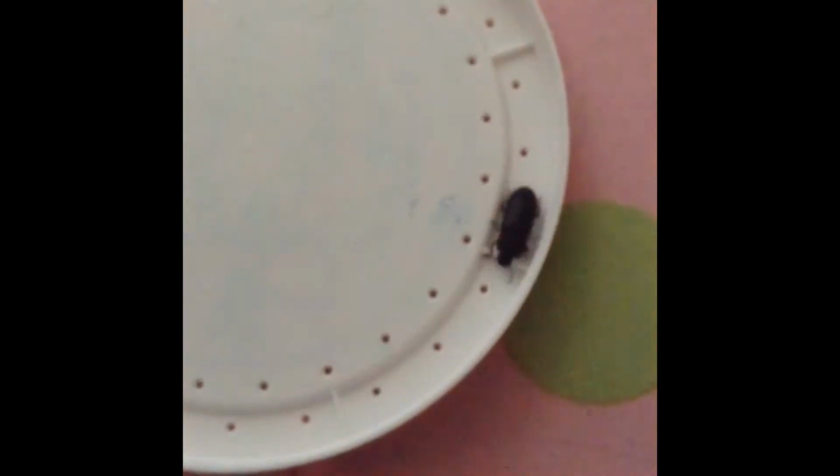I have heard other people using carrots or potato as food, but they love the little pieces of grape and lettuce that I give them. I've heard of people putting paper towels in there to lay the darkling beetle eggs on, but it's really up to you. If you do breed them, make sure they're in a large enough container and that it's well ventilated,